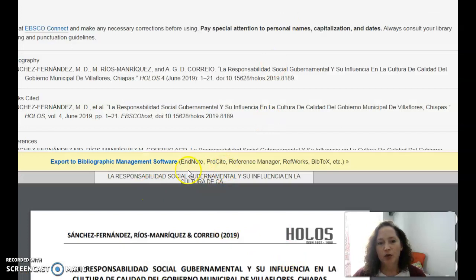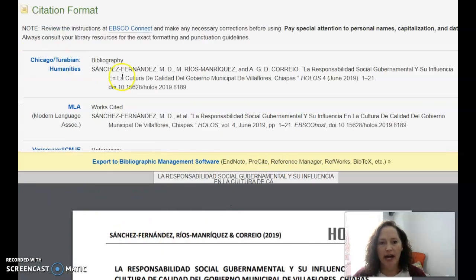I found this one randomly in looking, and I wanted to show you that if you're using the citation generator in EBSCOhost, it is subject to operator entry error. So if you'll notice, the author of this particular piece is in all caps, but that is not standard.